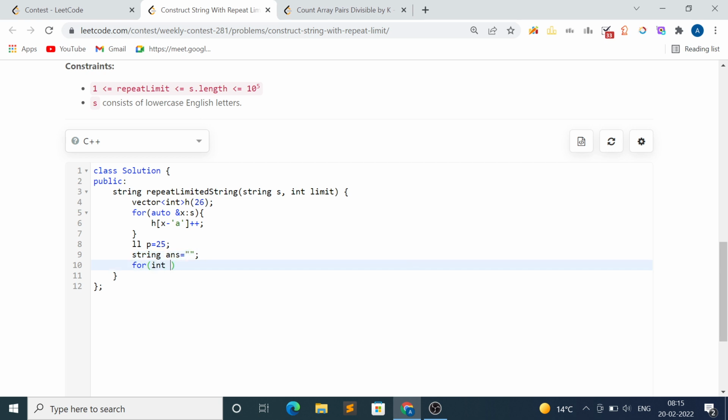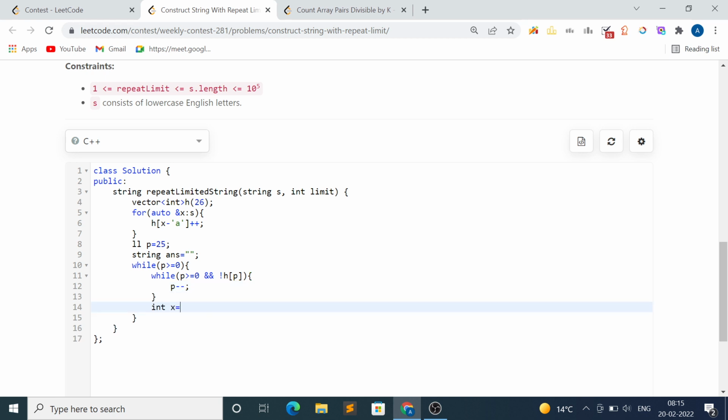For int, not of h of y greater than equal to 0, and then not of h of p in minus minus. int x equal to minimum of h of p comma